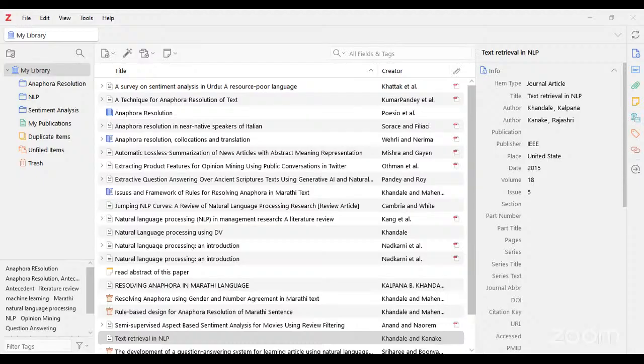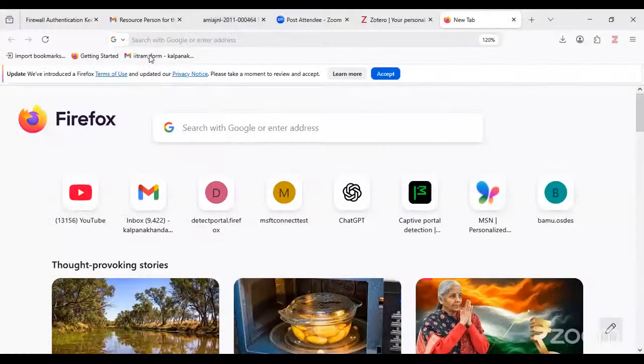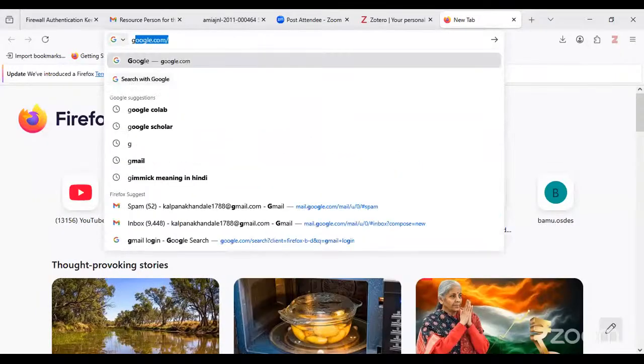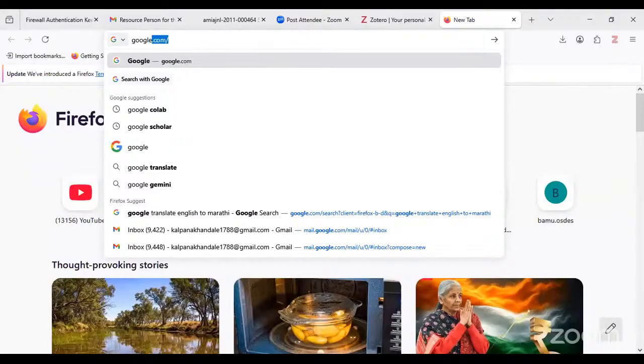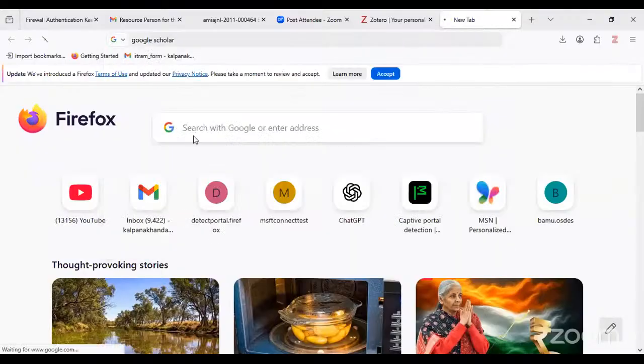Madam, we can see the previous screen only, the list of references, the Zotero screen. So I will go again and share the screen. Okay, now it is showing Firefox. Yes, madam. Okay.